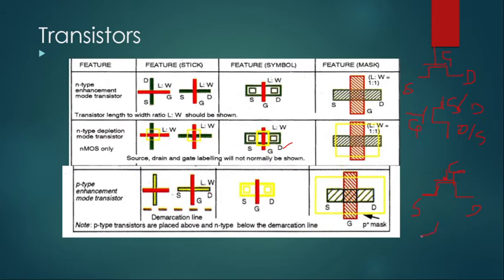Or suppose if your PMOS is like this, in which gate is horizontally aligned. So this is gate, source and drain. So this gate is now horizontal, and source and drain. And similarly, if you see this layout, it is the same as NMOS, but what will be the difference? The difference will be in the spacing of the diffusion, and it is outlined with a yellow color box. Or what you can show, you can show a yellow color P diffusion outlined with green color, both are same.